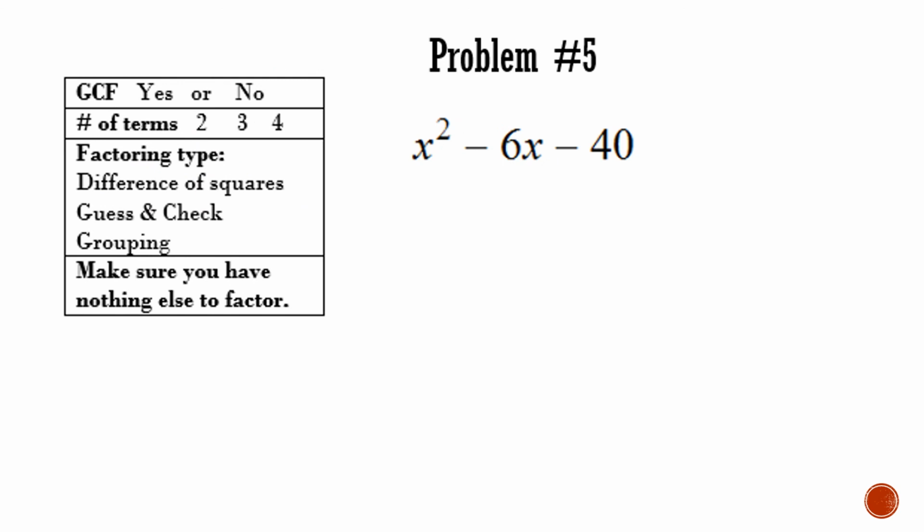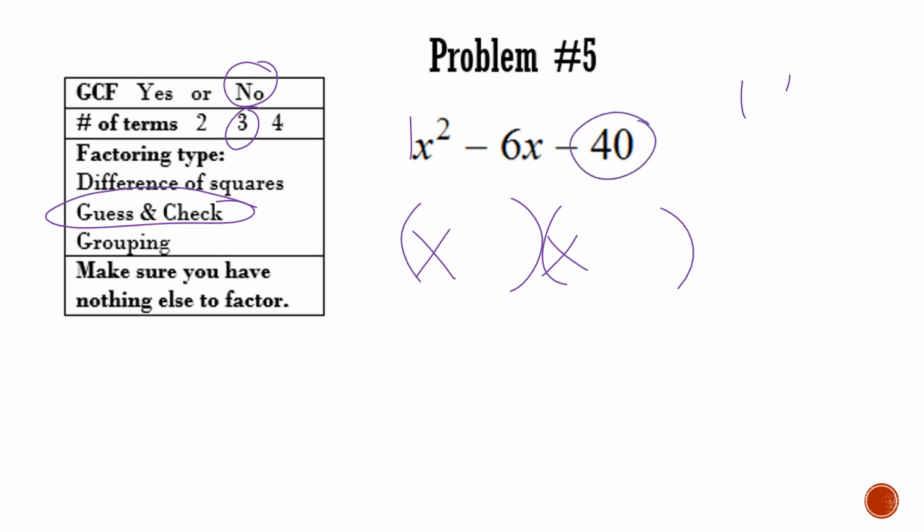Okay, and last one here, number 5, looking for the GCF. They do not have any x's in common, and the only number they have in common is a 1, so there's no GCF. There are 3 terms, so I'm going to use that guess and check again. So again, splitting into two parentheses. This time I only have a 1 in front, so I just need an x and an x. And now I want those factors of 40,